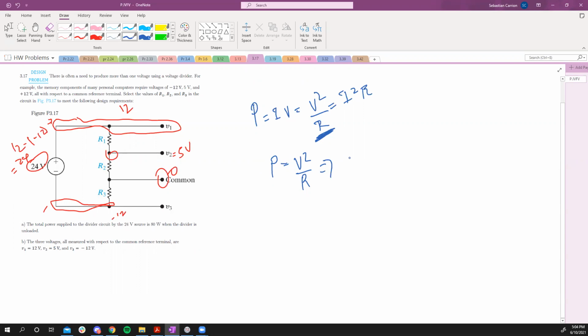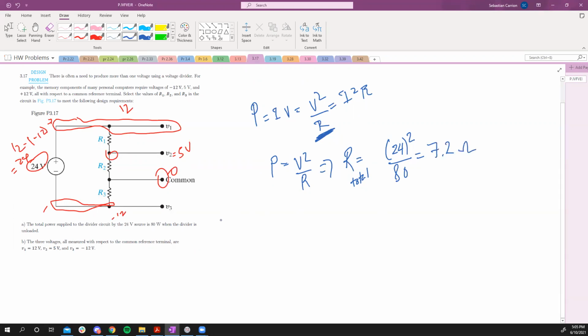So the total resistance of the circuit would be 24 squared divided by 80, which is 7.2